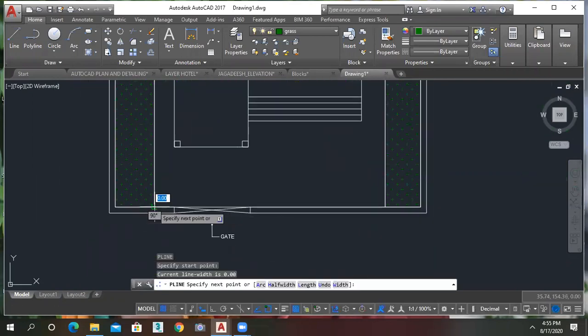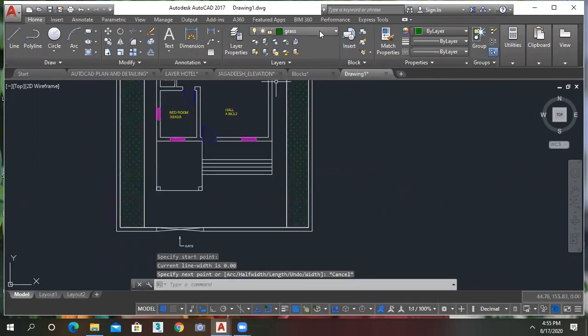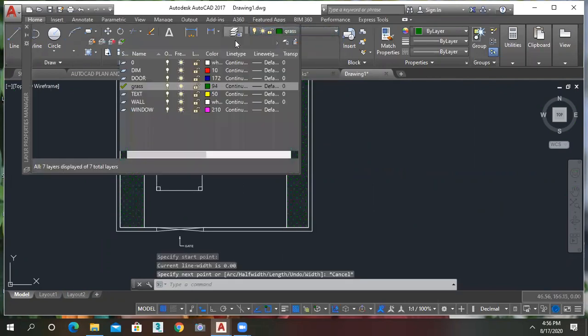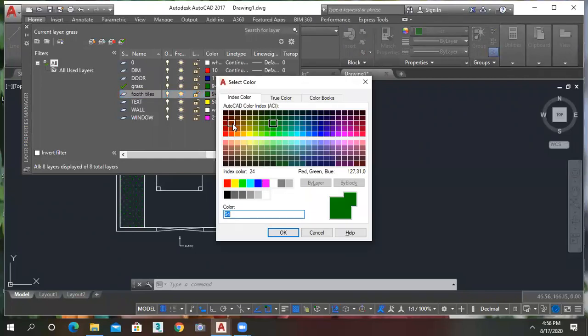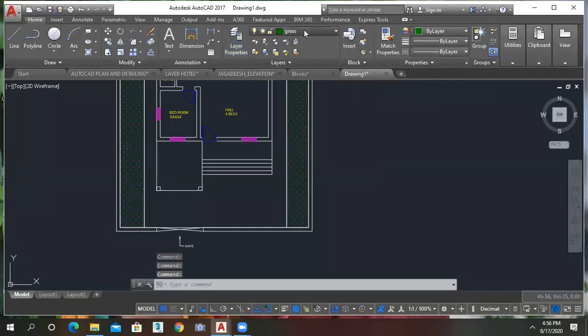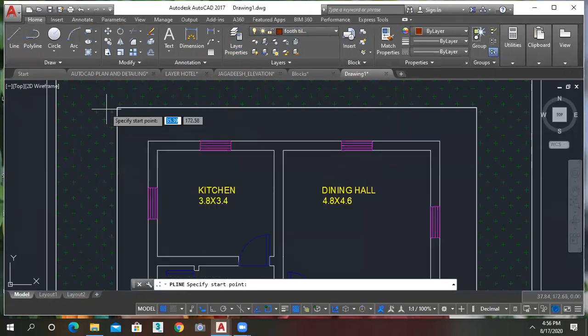We have to make it a closed boundary. And I have to change the layer here. Or else you can go to the new layer and name it footpath tiles. Change the color like this. Keep that as the active layer. And go to the polyline, or else you can press PL.